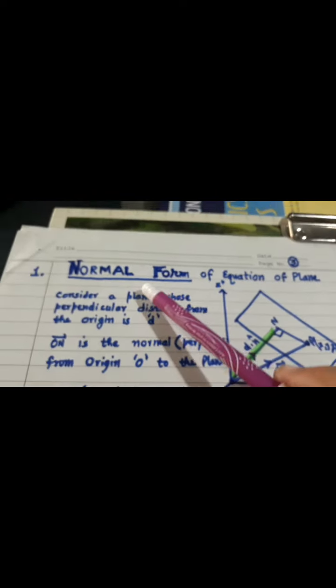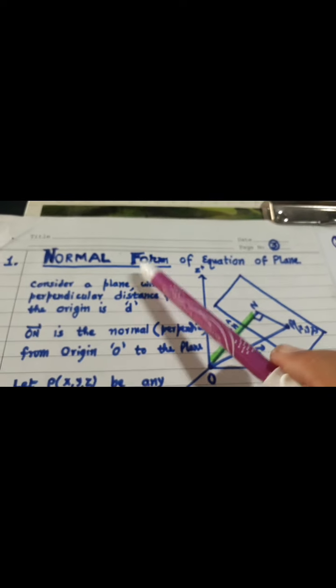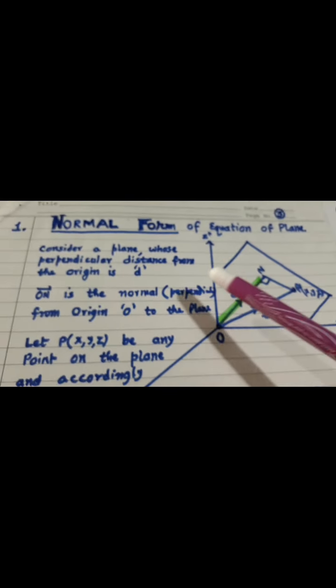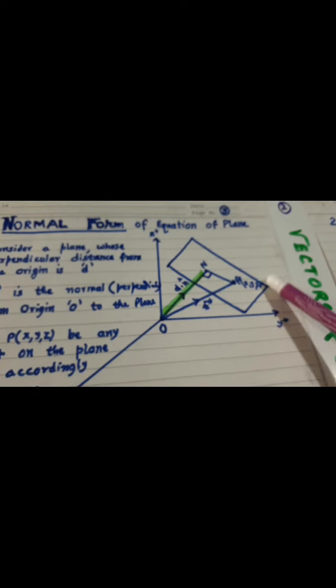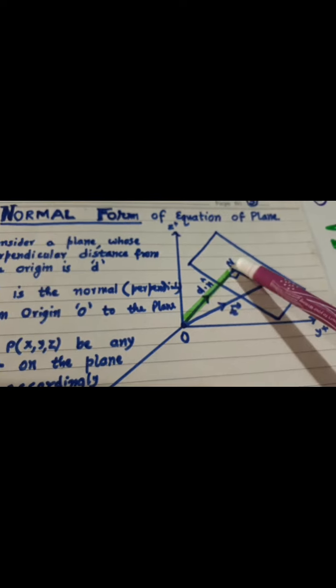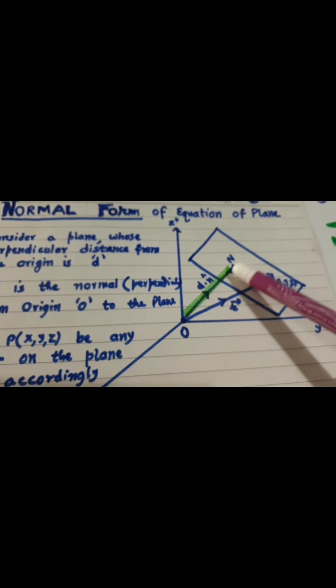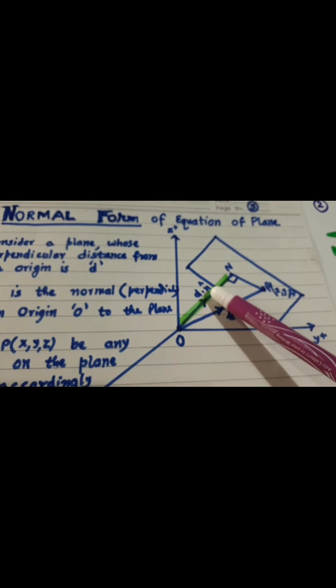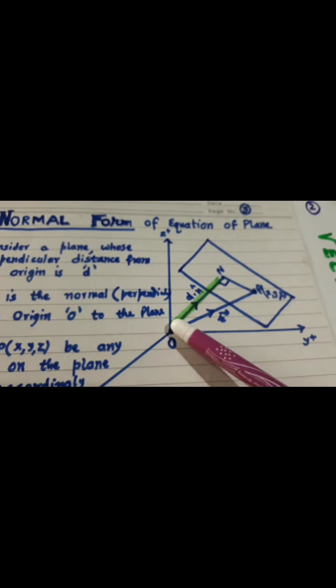Next is your notes on the equations. So first of all, normal form, the N of naughty has started. The form of equation of plane is, so there is a plane and there is a perpendicular of length d, distance is d, and this vector is perpendicular, normal vector is there, so n cap is there. So this is d units normal vector.